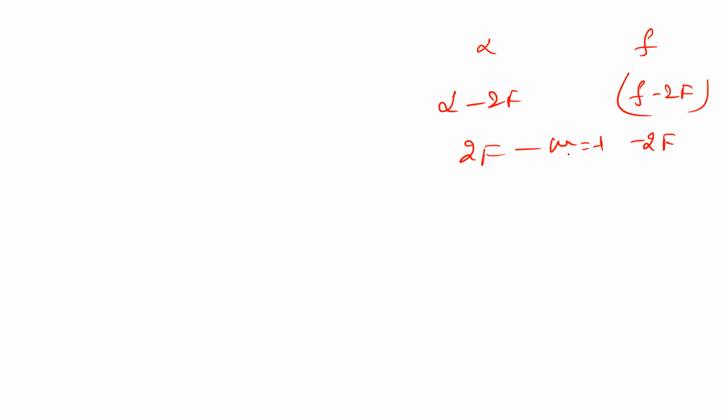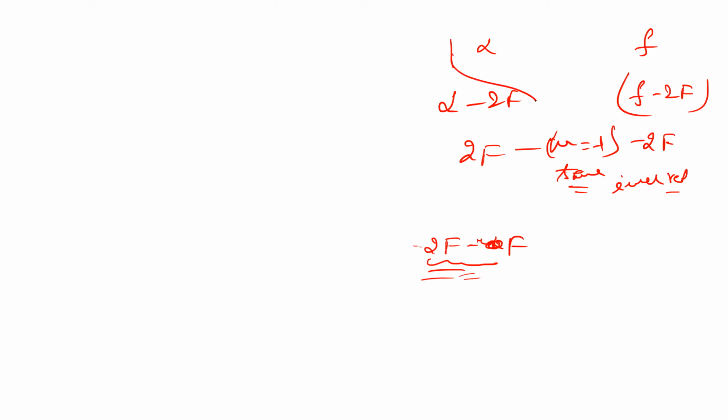So when the object is at infinity, the image is at f. When it is at infinity to 2f, the image will be at f to 2f. It is moving in the right side direction. When the object is at 2f, exactly, the image will be at 2f. When it is at 2f, magnification will be -1 and its magnitude will be 1. That is, same size, inverted and real. Okay, shall I go ahead now? Now, when the object is between 2f and f, 2f and f, where will the image be?